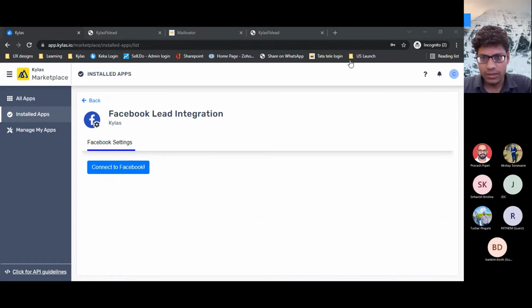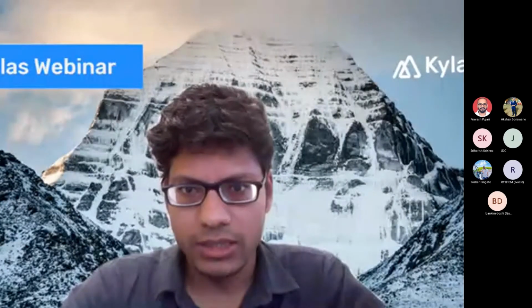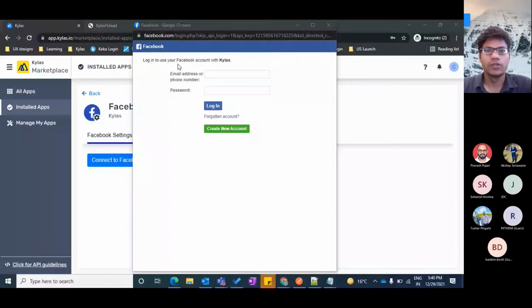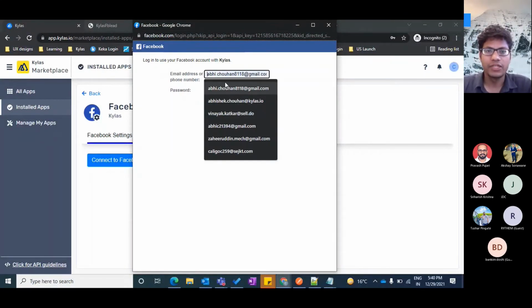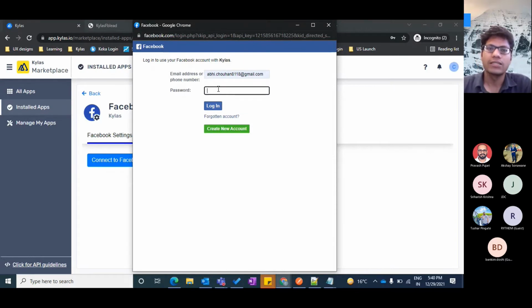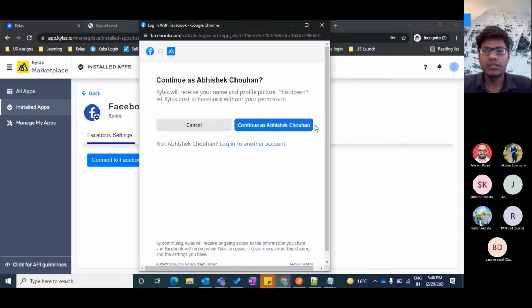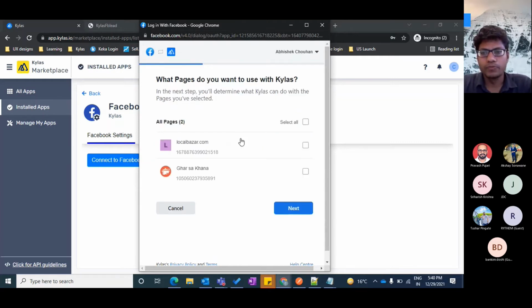I'll share my whole screen so that you can see the pop-up that has come up to connect the Facebook account. Here I have to enter my Facebook account on which there are some campaigns running. This should be your Facebook account which has ongoing campaigns, or at least campaigns that have been created, though they may not be active. You enter your Facebook credentials, and it asks you to choose the pages.